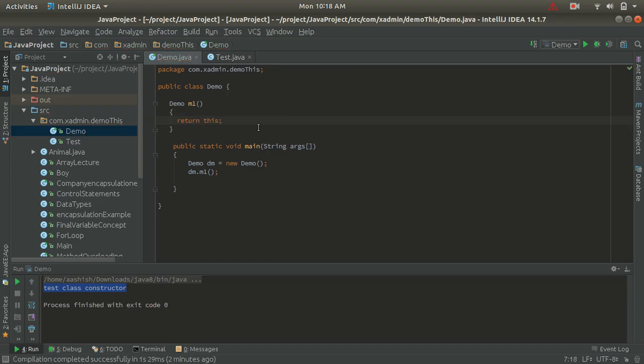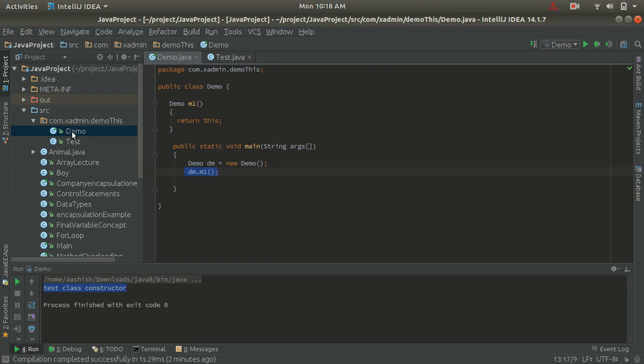This is going to return the current class reference from a method, right? Here it is calling the m1 method, and inside the m1 method it is going to return the this keyword.